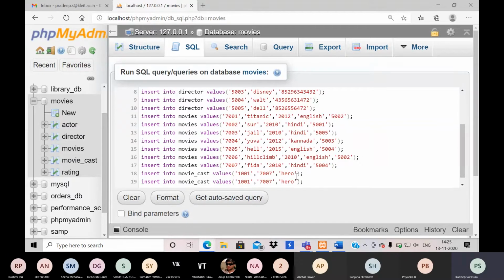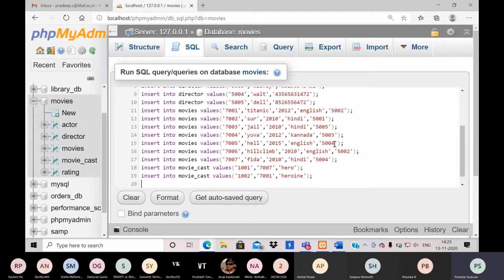So maybe 1002, 7001. Don't know what type is 1002 or 1003. I'm just running it. Please don't mistake. Sometimes for a female it might be hero or something.